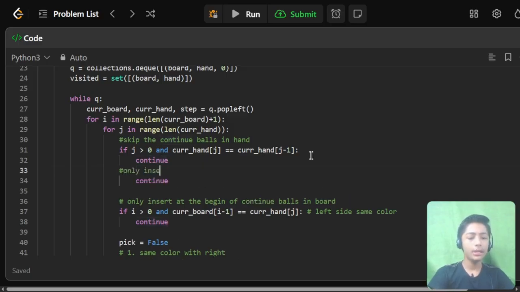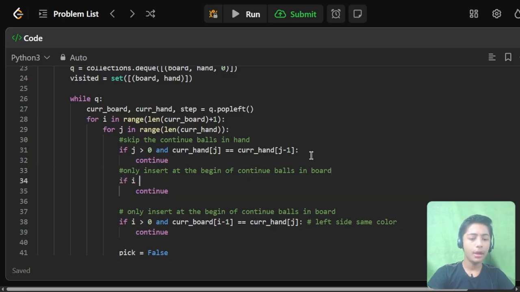Now only insert at the beginning of continuous balls in board: if i > 0 and curr board[i - 1] == curr hand[j], the left side is the same color.